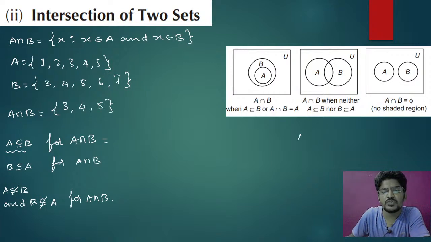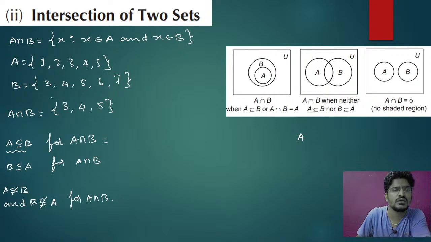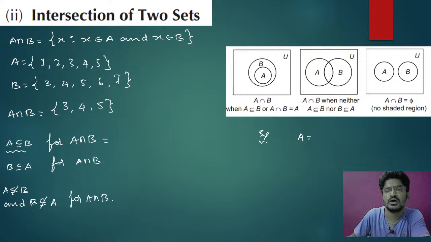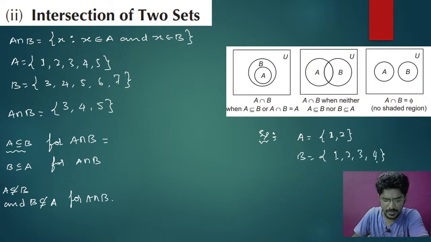Okay. So if you get confused, you just take the examples of A and B, with another example where A is a subset of B. A is {1, 2}, B is {1, 2, 3, 4}. Okay. So now here A is a subset of B. So now what happens for